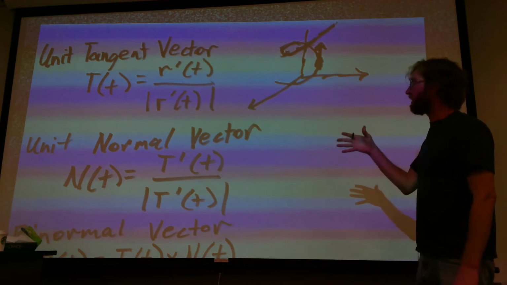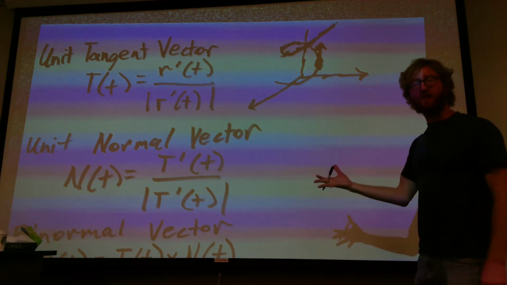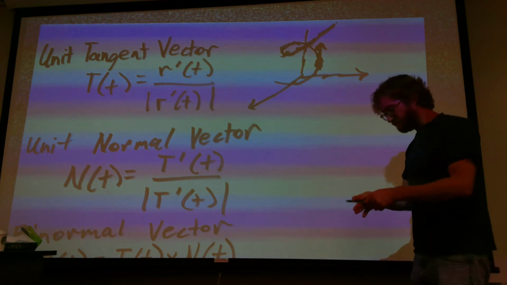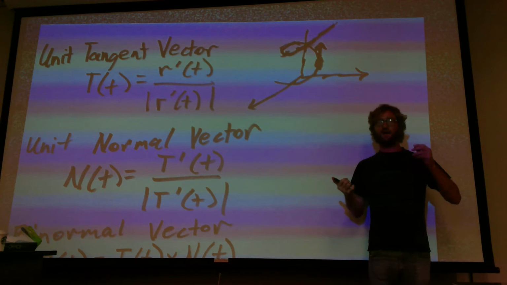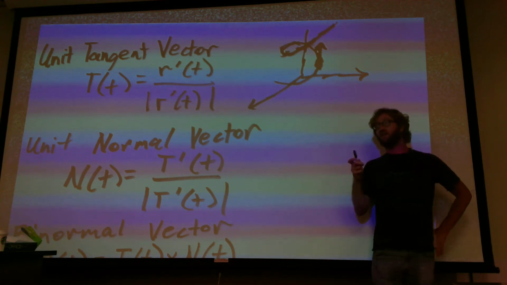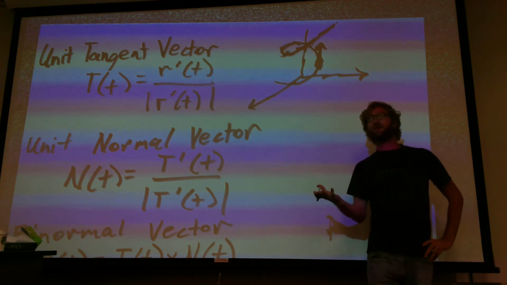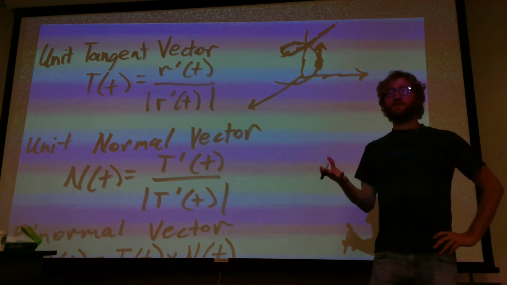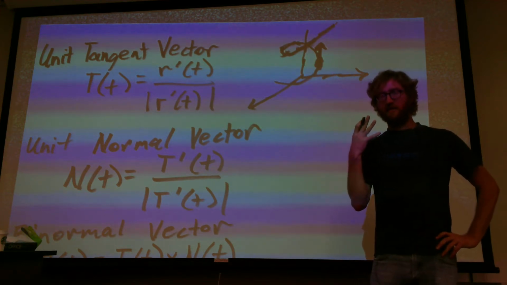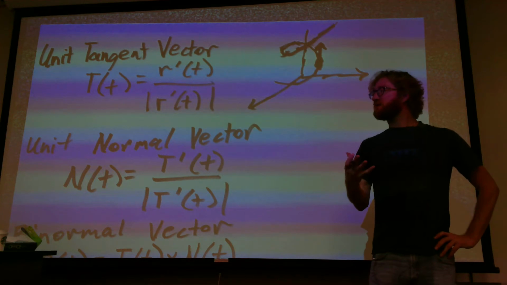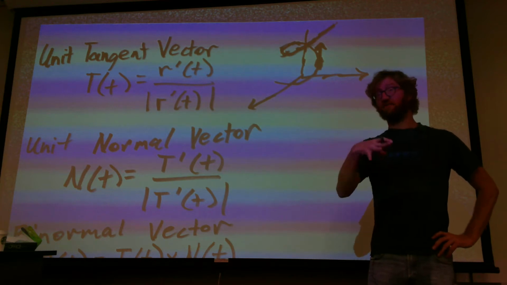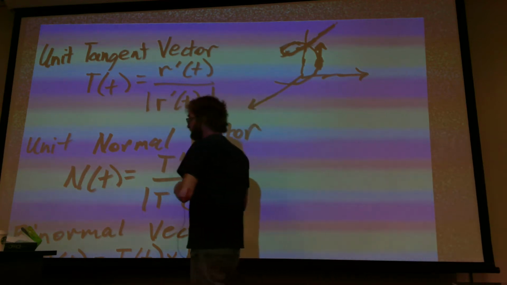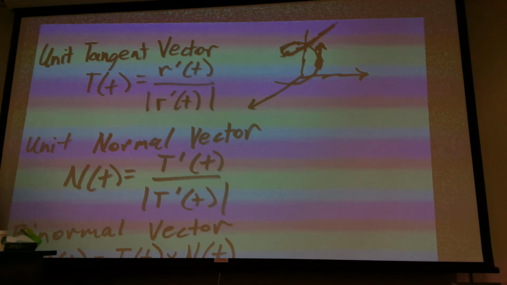Now, what is meant by a unit normal vector? In the last class, we talked about an equation of a plane in space. The equation of a plane in space is defined by its normal vector. That normal vector has to be perpendicular to that plane. You can actually have normal planes of a curve as well. So a unit normal vector,